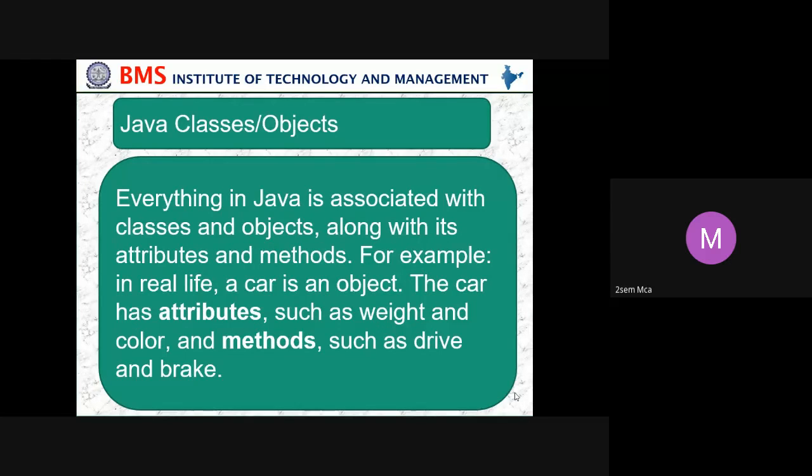Okay, then color. Do we have different colors for the car? Yes, ma'am, we have so many colors. In the same way, brakes. Is it different? Okay, I think you must have heard about self-driving cars. How are the self-driving cars working? A driver is not there, it only will go. GPS, proximity sensors, everything. Sensors.